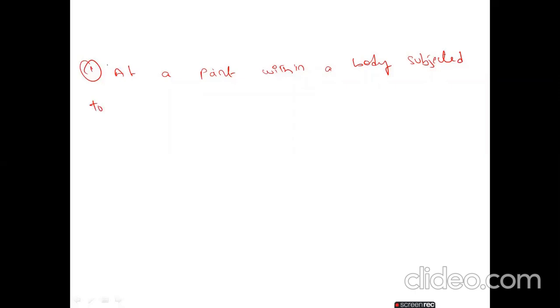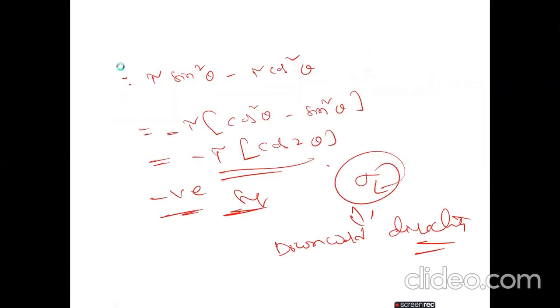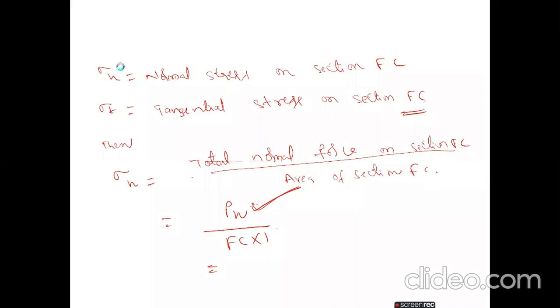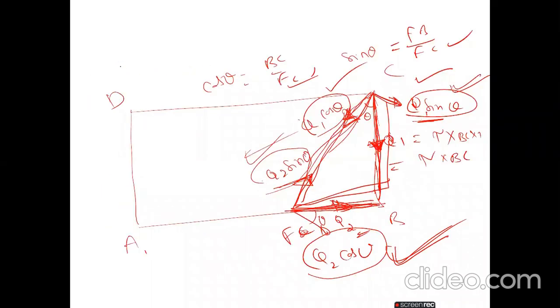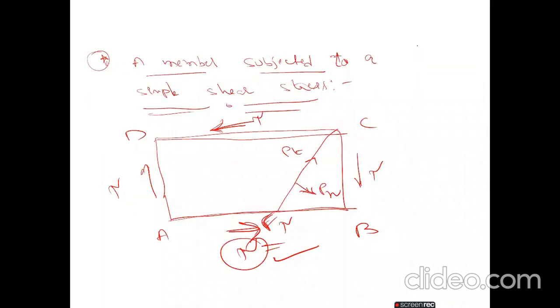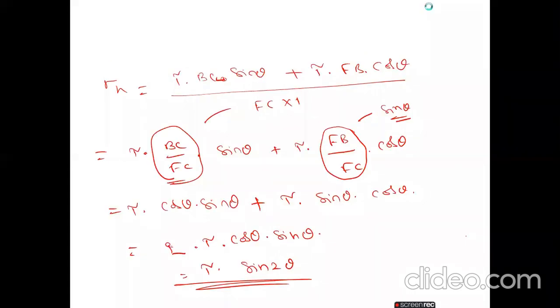Okay. Now, sorry. Before that, this one we discussed: the member subjected to the simple shear stress. I think there is one more derivation, that is a member subjected to direct stresses in two mutually perpendicular directions, accompanied by the simple shear stress. We will solve the derivation. So later we will go for the problems.